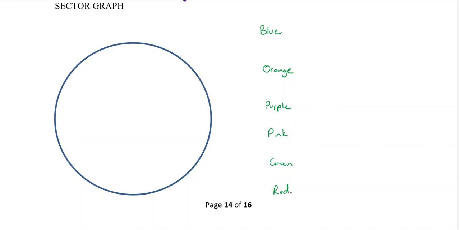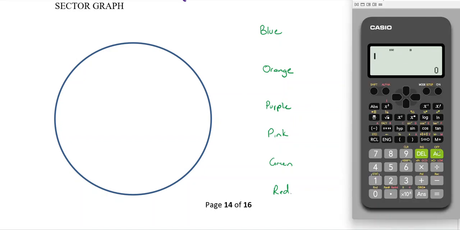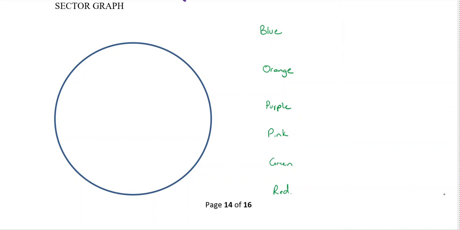We need to count up all the people that we've surveyed. So I had 12 people on blue, 1 person liked orange, 3 people for purple, 4 for pink, 6 for green, and 1 for red. So there's 27 people in the room today. So what you want to do is make a fraction of the people who like blue. There was 12 out of the 27 people who liked blue. You need to times that by, can anyone remember what I times by?